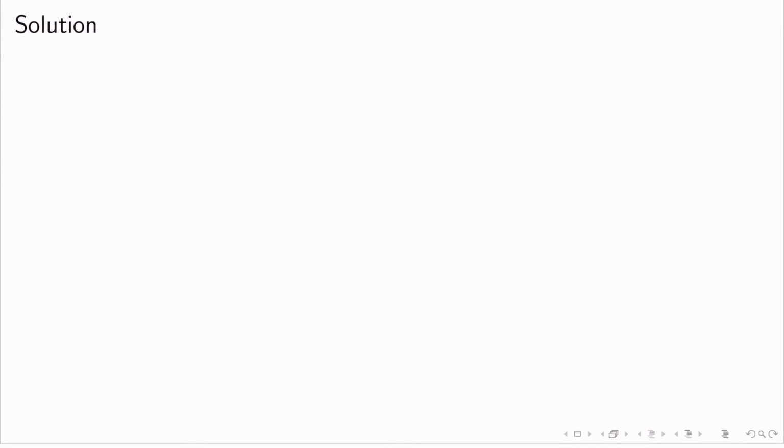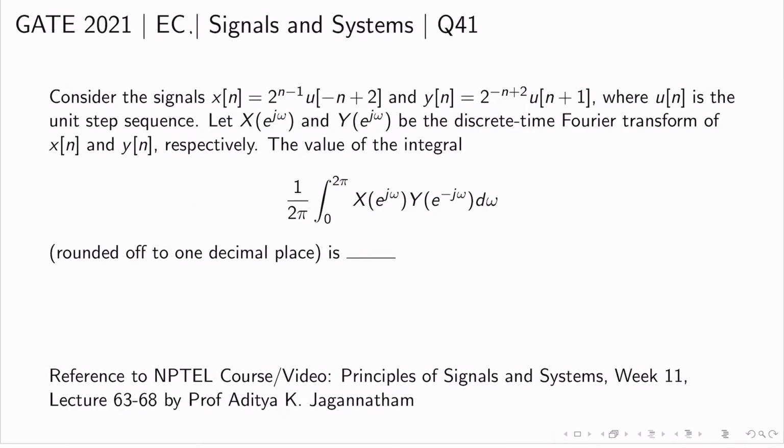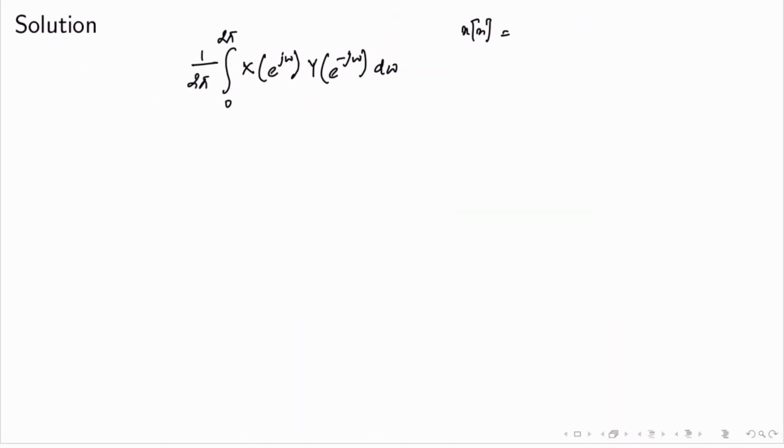So first, let us look at the given question. The given question is to find the integral 1 by twice pi integration of 0 to twice pi X of e to the power j omega Y of e to the power minus j omega d omega, where we are given x of n is equal to 2 to the power n minus 1 u of